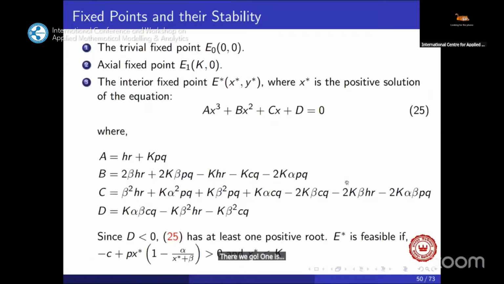One is at the origin E0, and one is axial E1, (K, 0), and there is the interior equilibrium point, where the interior equilibrium positivity is tested by minus C plus P X star into 1 minus X star plus alpha X star over X star plus B greater than 0, and C and X star less than P. Now, to find the nature of the flow in the neighborhood of the equilibrium point, we write the